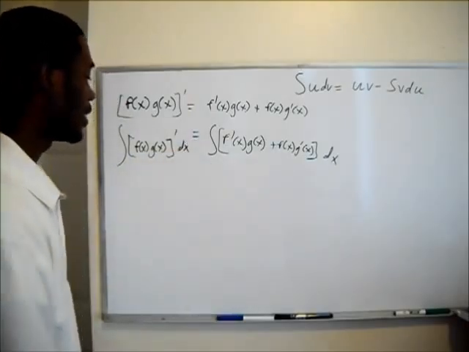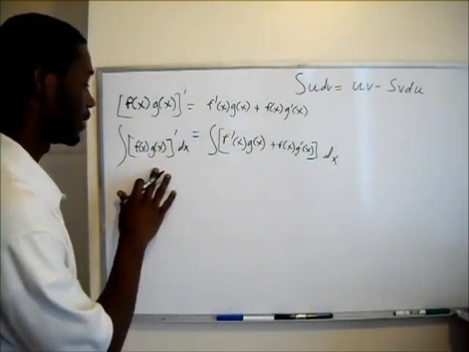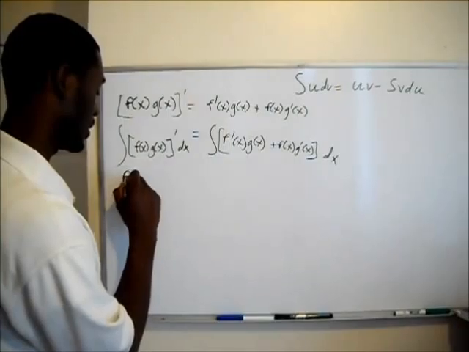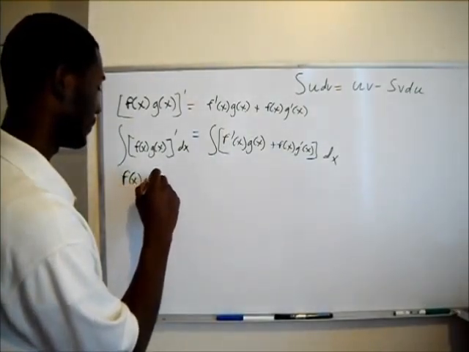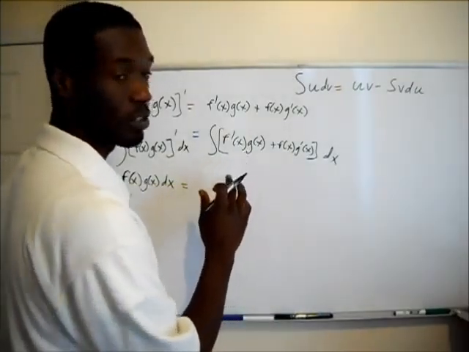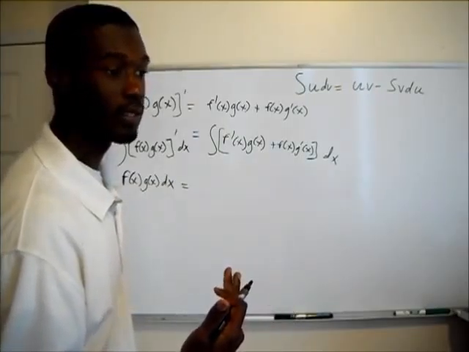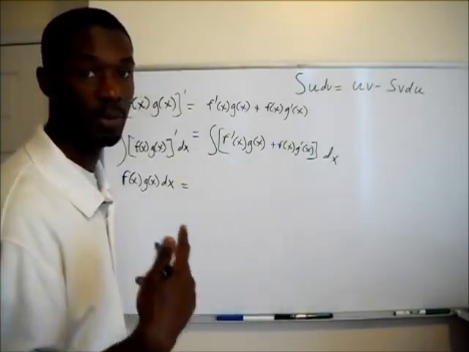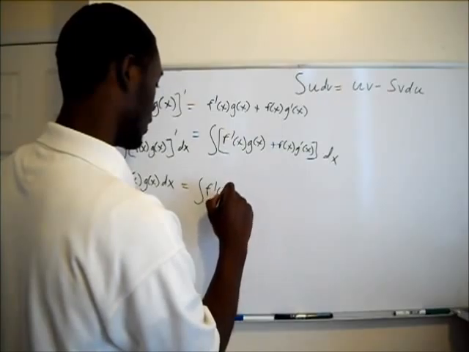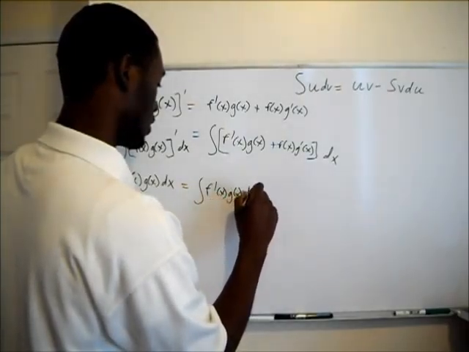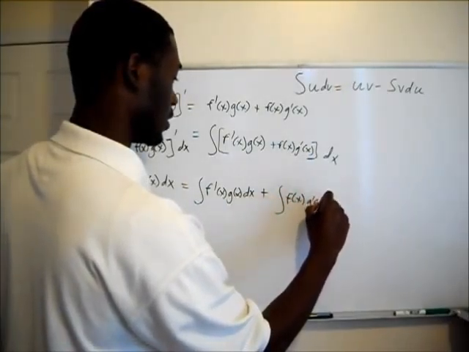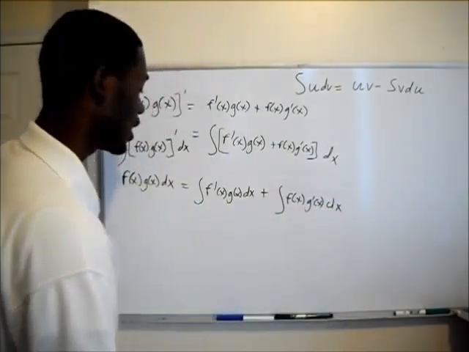Alright, so now with the left side, if we take the integral of this, since it's a derivative, they just cancel out. The integral cancels out with the derivative. We're just going to be left with this. Now over here, I'm going to use one of my integral rules, which says that I can separate addition into two separate integrals, so I'm going to do that. I'm going to separate this one and this one. Integral of f prime of x